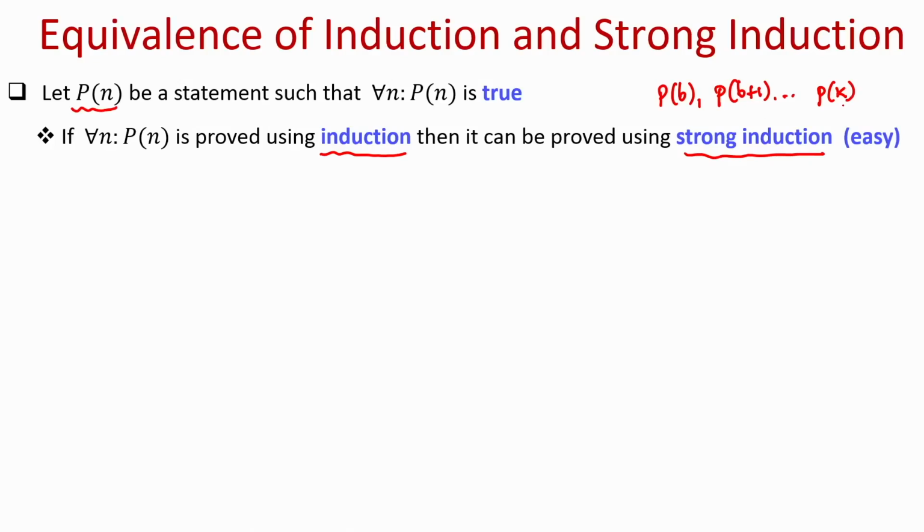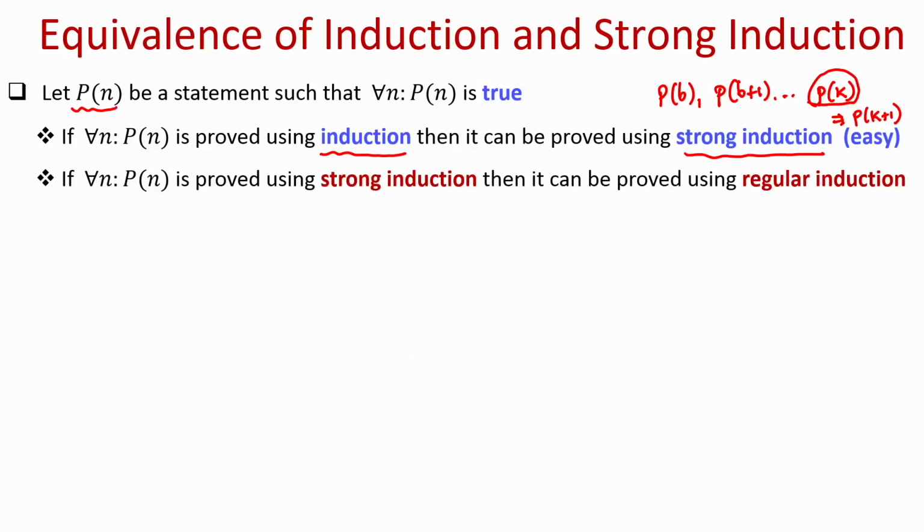You are free to use any of these premises to establish that p of k plus 1 is true. Well, if you can just use p of k to prove p of k plus 1, that also can be treated as a proof by strong induction. So, this is easy. What we will now show is that if you have proved this universal quantification using strong induction,